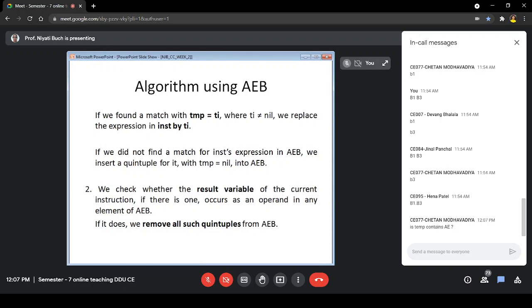Yes. Whenever you have a temporary, if it is an available expression, and if a temporary is already generated, then you can replace that expression on the right hand side with the temporary if it is already there for the expression. Every time you take an instruction, we will be checking the set to see whether a temporary or a match is there, and based on that we will make changes to our instruction.